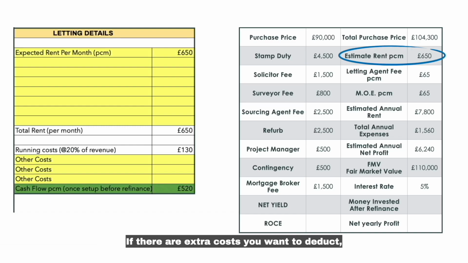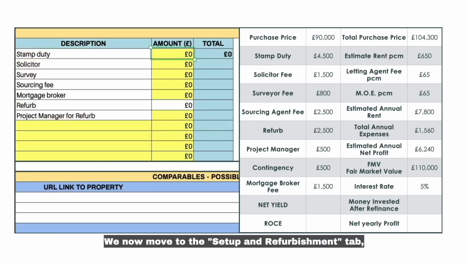If there are extra costs you want to deduct, you can just type the amount in here. And now you know that the net cash flow before the mortgage or the refinance will be £520 per month. We now move to the Setup and Refurbishment tab,